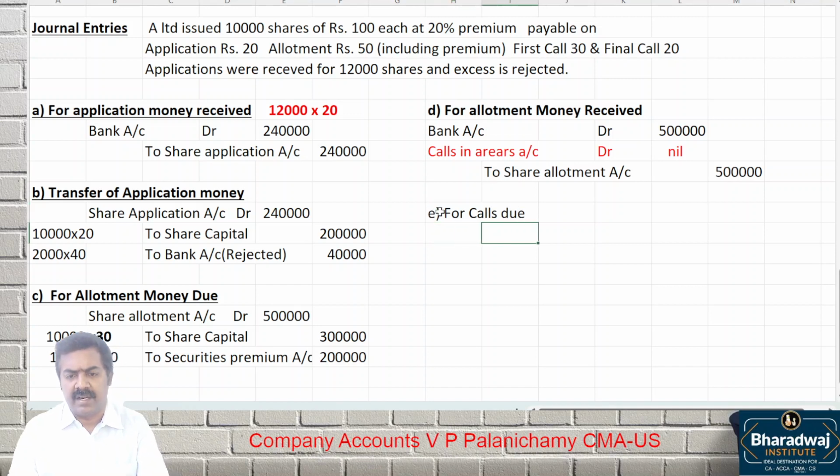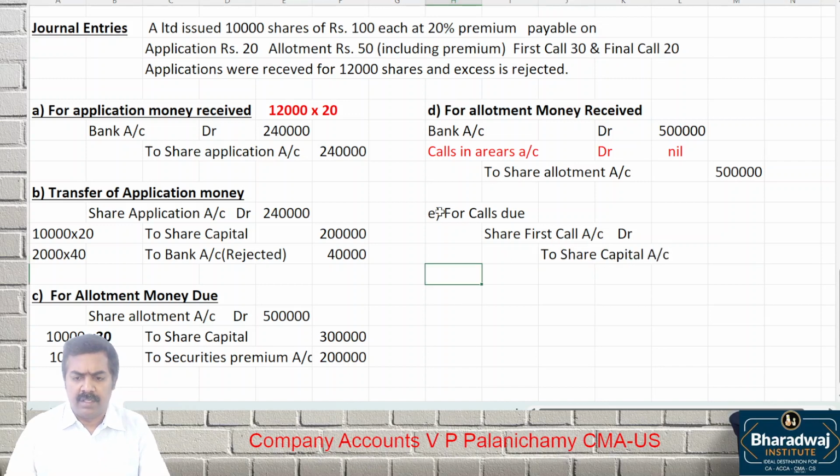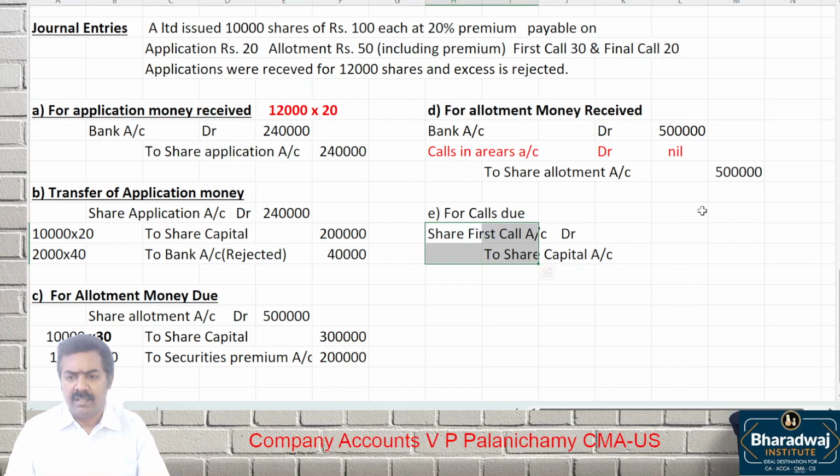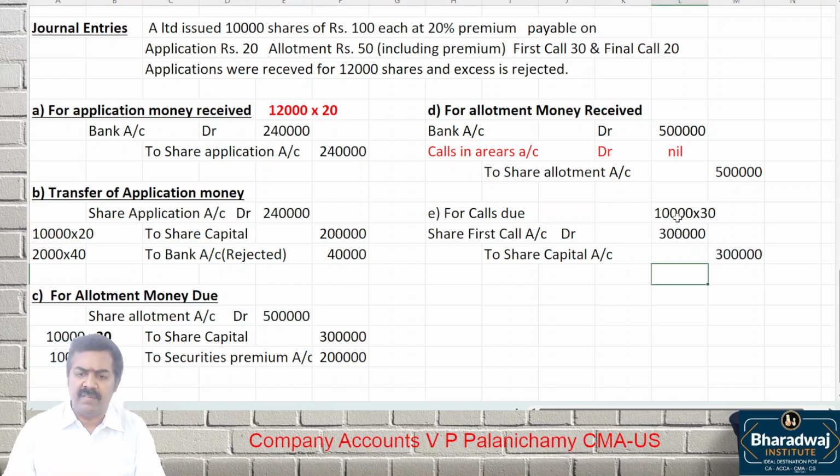First call, what is the entry? Share first call account debit to share capital. How much is the first call amount? 30. 30 per share, how many shares? 10,000 into 30, how much? 3 lakhs. To share capital, 3 lakhs. Then we will collect the money. For calls collected,